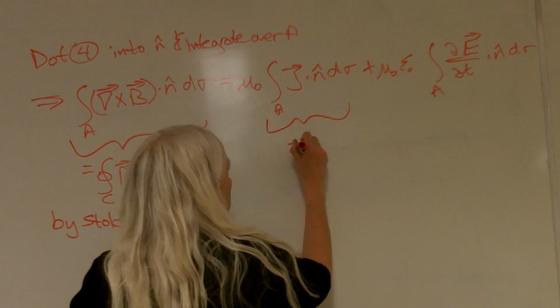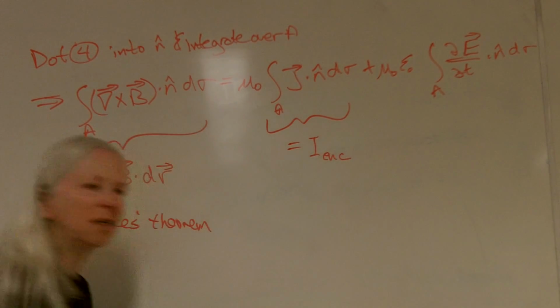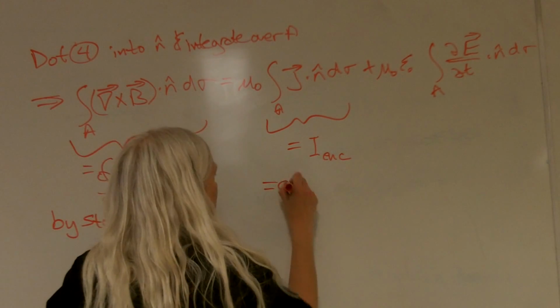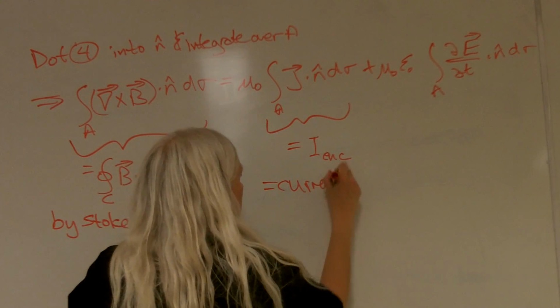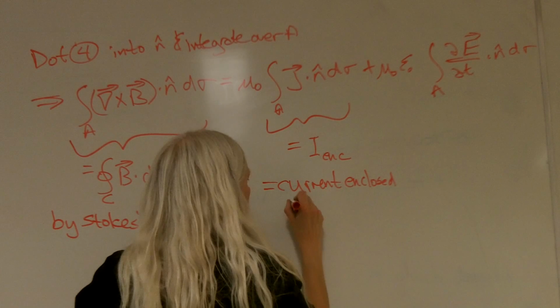So this is equal to the current, and maybe I should put a subscript E N C for enclosed. That is a current enclosed inside of the curve C,